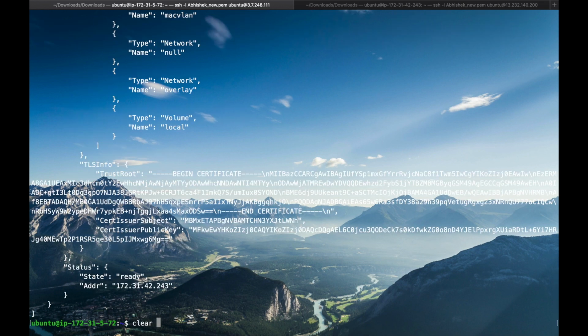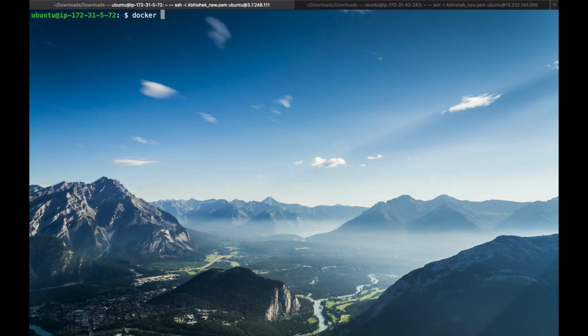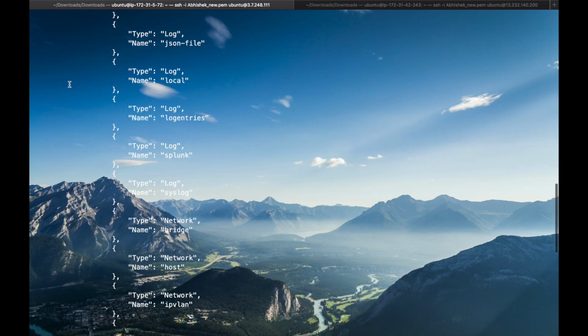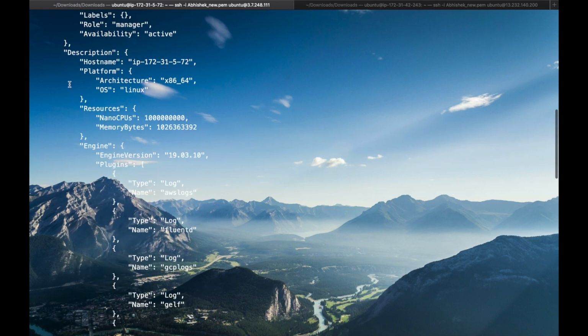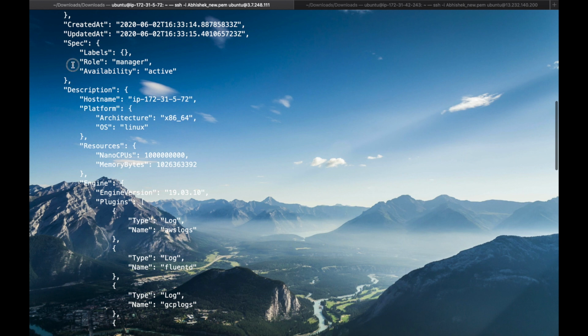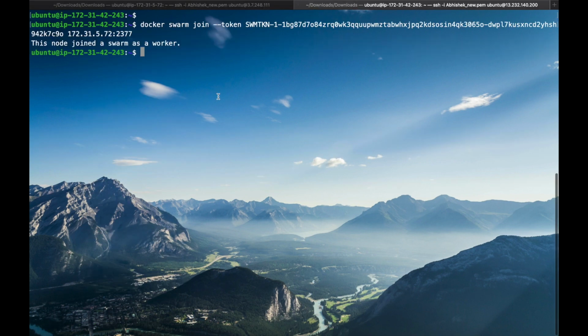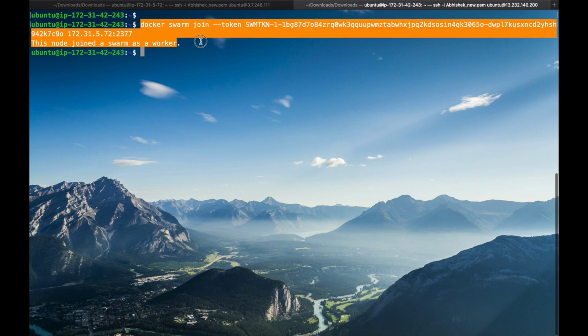Let's clear this again, run docker node ls, and check this node now. Docker node inspect and the id. We get the complete information, and we see this node is working as a manager. So the task is how to make this node a manager.